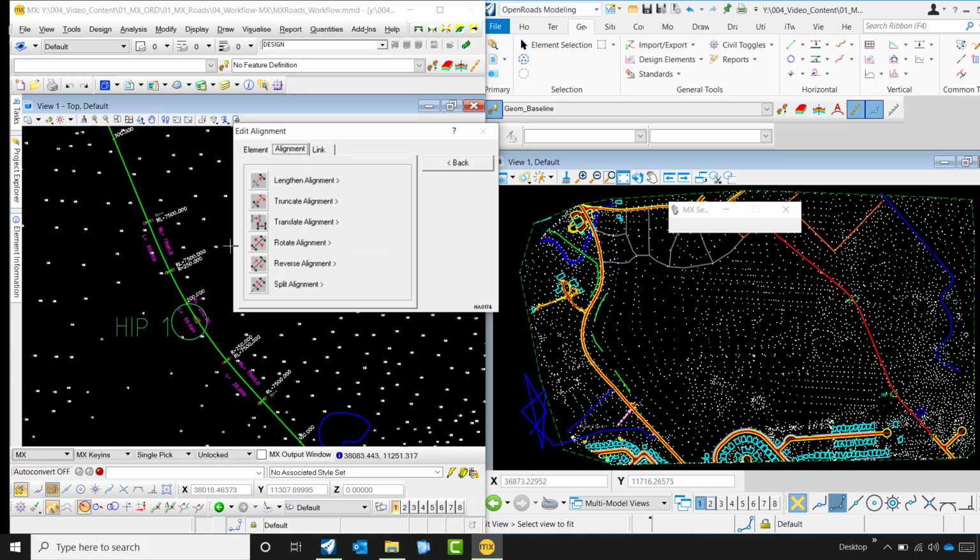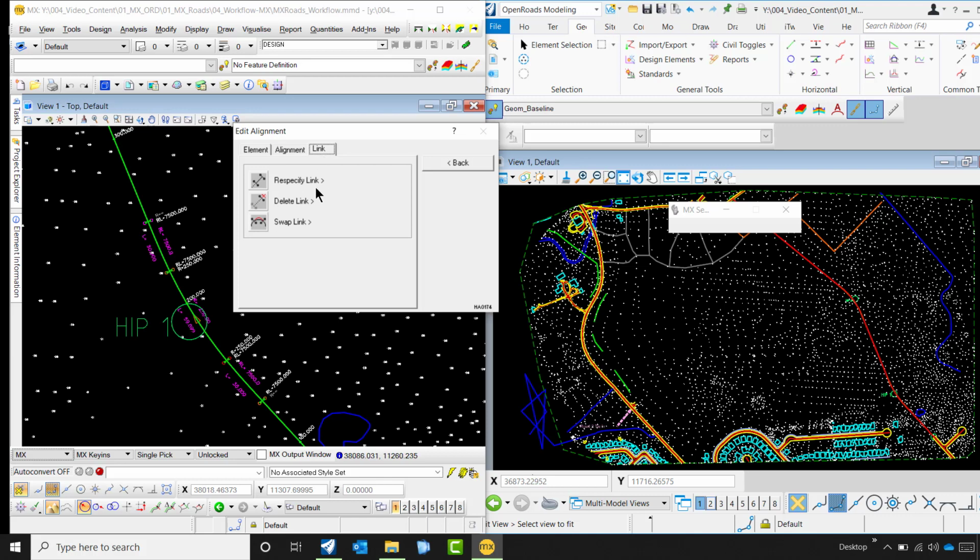And as a whole alignment, this is with regard to element by element. And if you want to make changes to the entire alignment, where you want to increase or truncate the alignment, you have various options of rotate alignment, or reverse entire alignment, so you could make use of this.